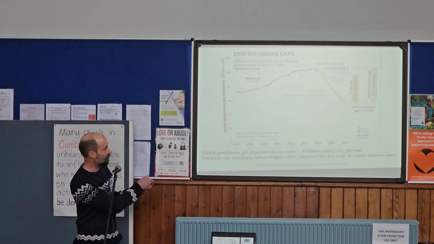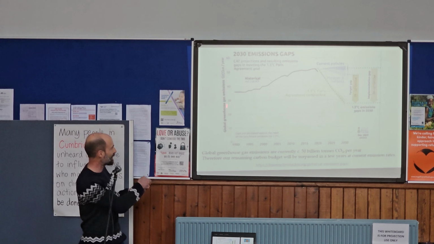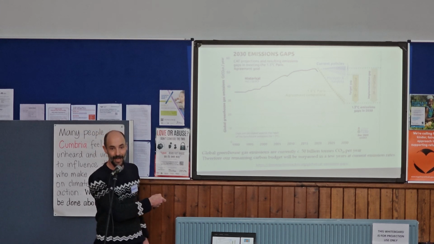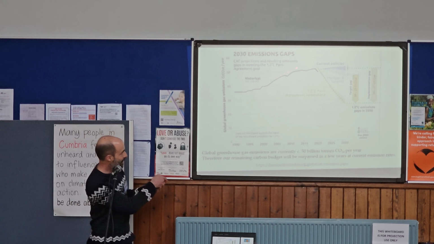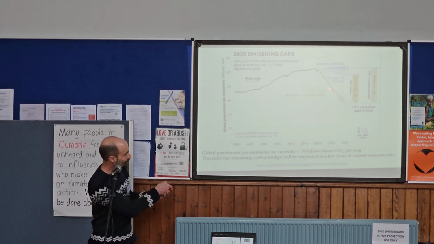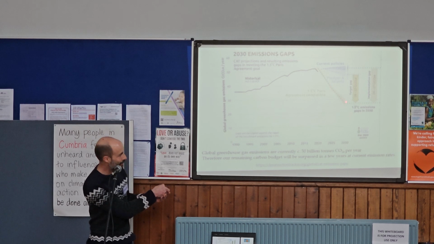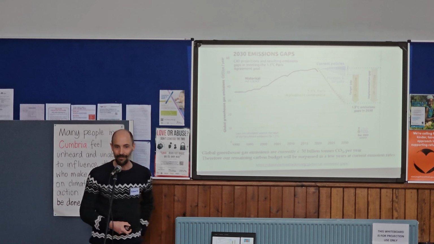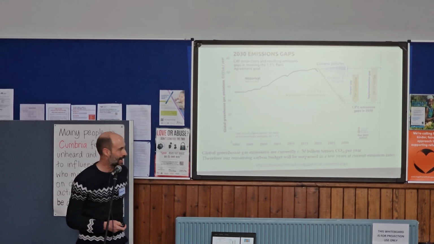This is our trajectory of carbon dioxide emissions. This is the total amount of greenhouse gas emissions. This is including methane and other greenhouse gases. This is what we need to do to reach the targets agreed in the Paris Climate Agreement. This is where the current policies are. This is where the current pledges are. So there's an increasing gap between where we need to be and where we are going at the moment.